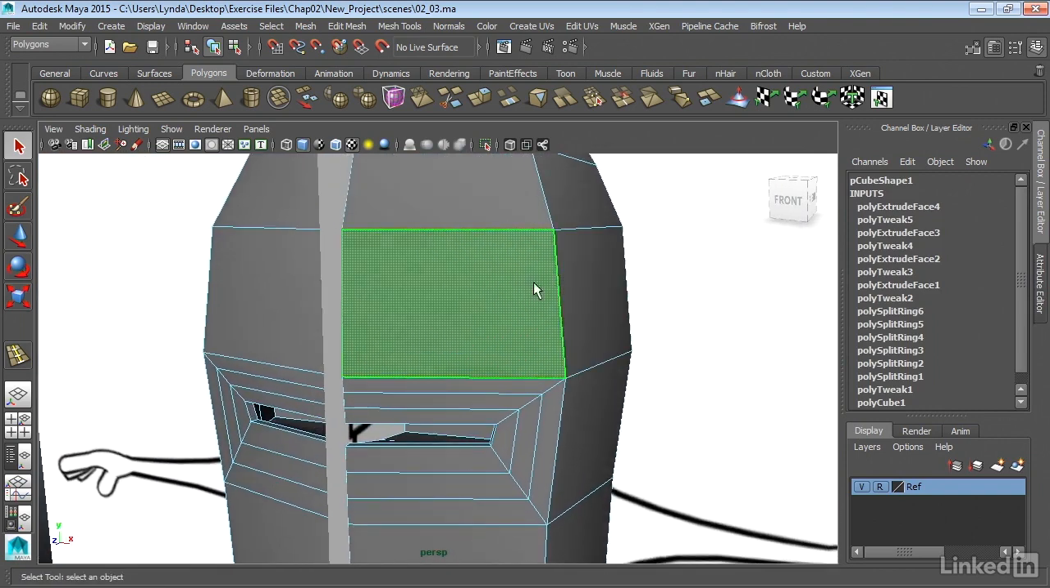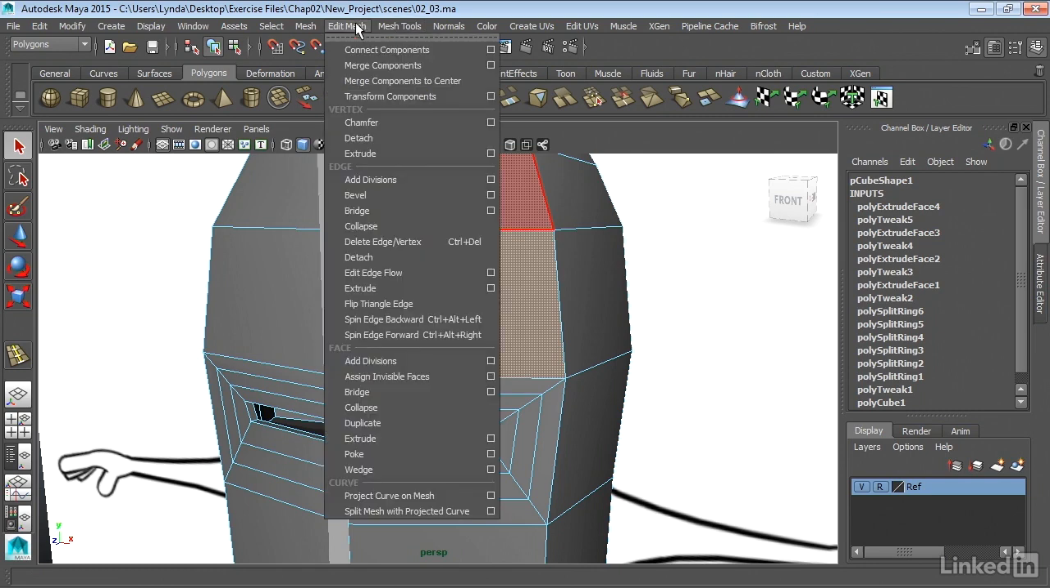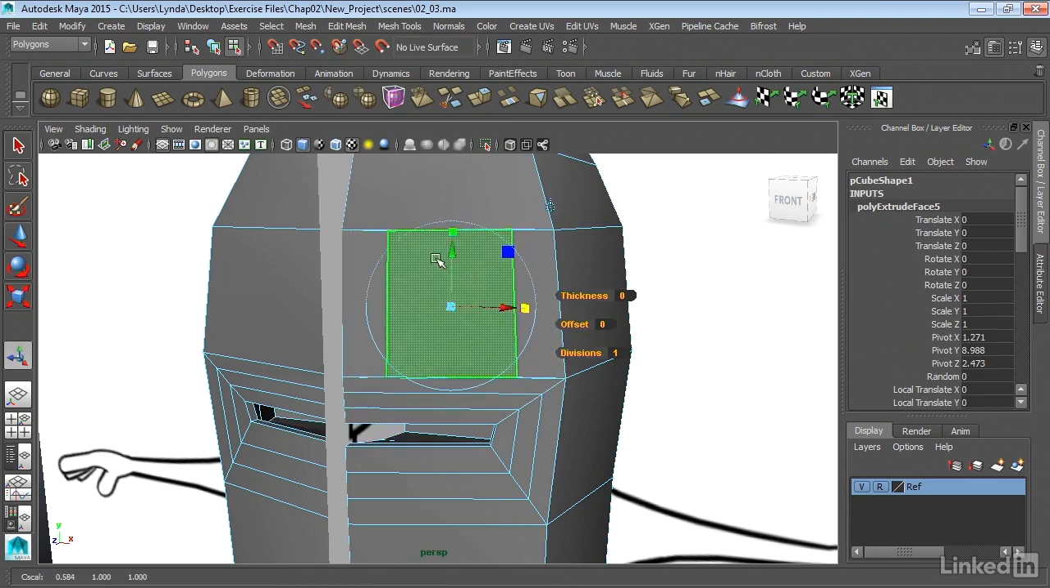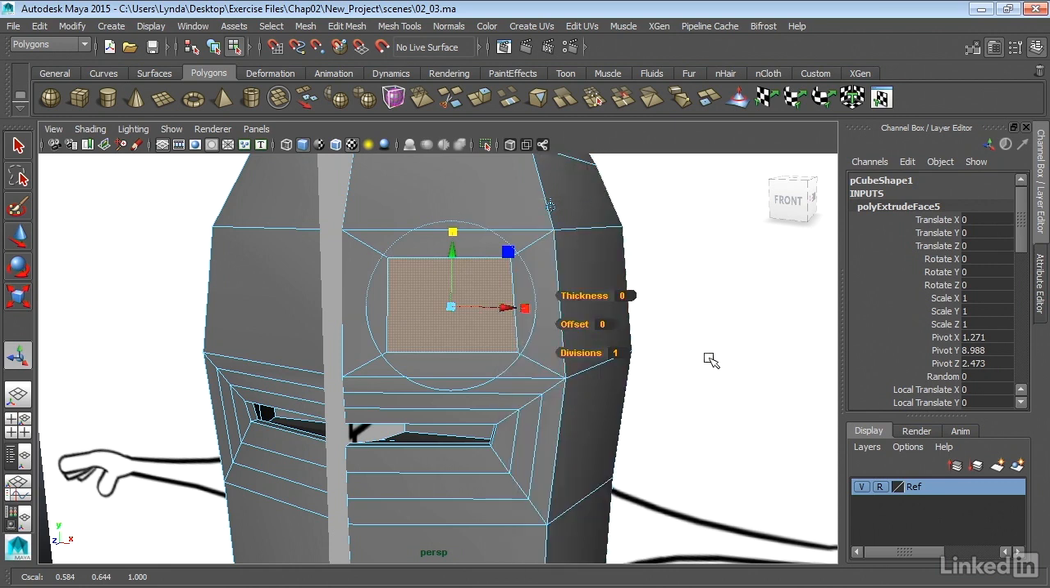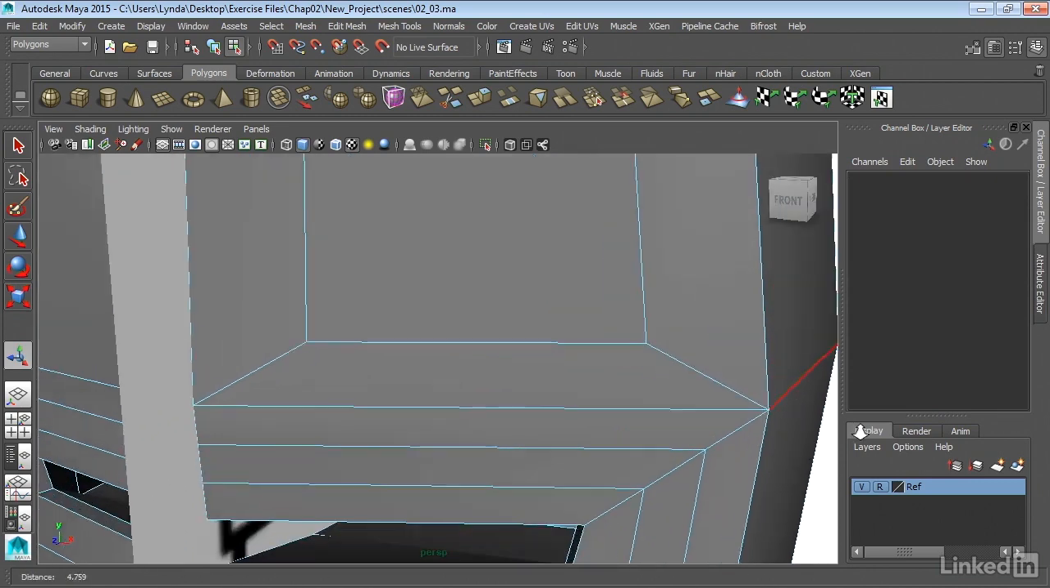Now let me show you what I mean. I'm just going to go ahead and extrude this very quickly. So I'm going to extrude this one face. I'm going to go ahead and scale it in just to show you what I've got here. So when I extrude that and I go back into edge mode here, you'll see that if I do this